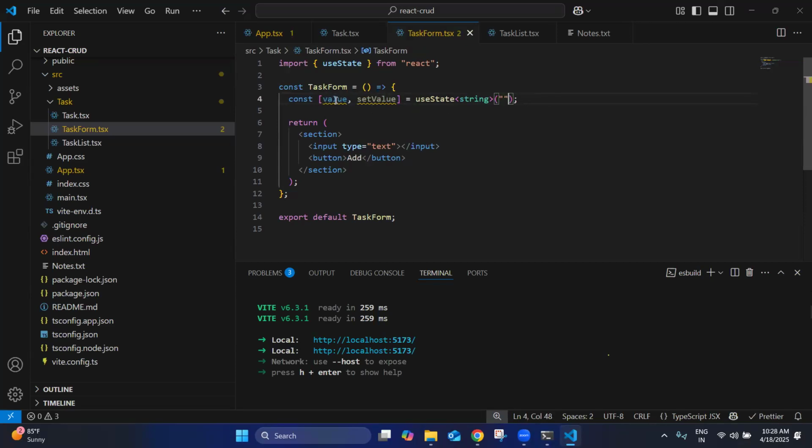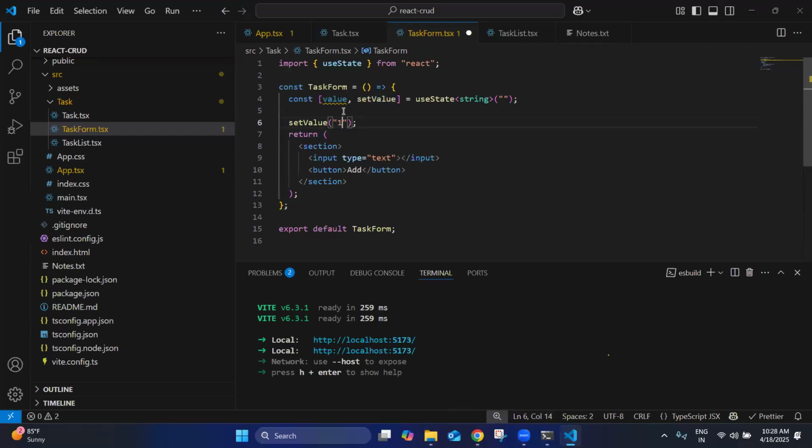The first parameter holds the value, and the second parameter is a function which we call like this. setValue, if you want 10, pass 10, so that will get set inside this value,